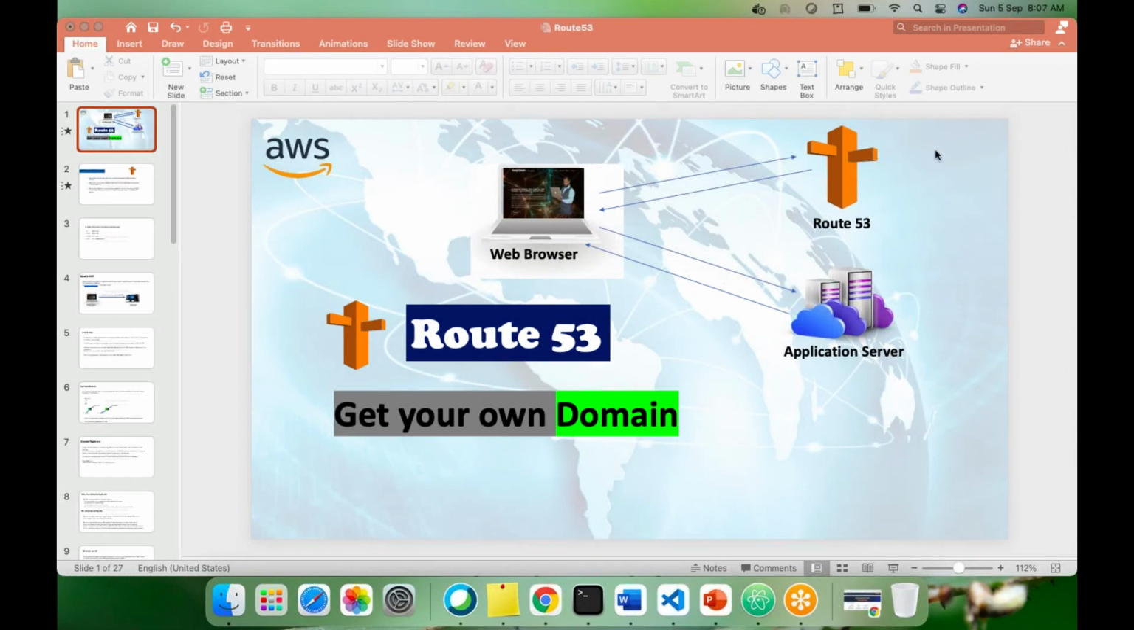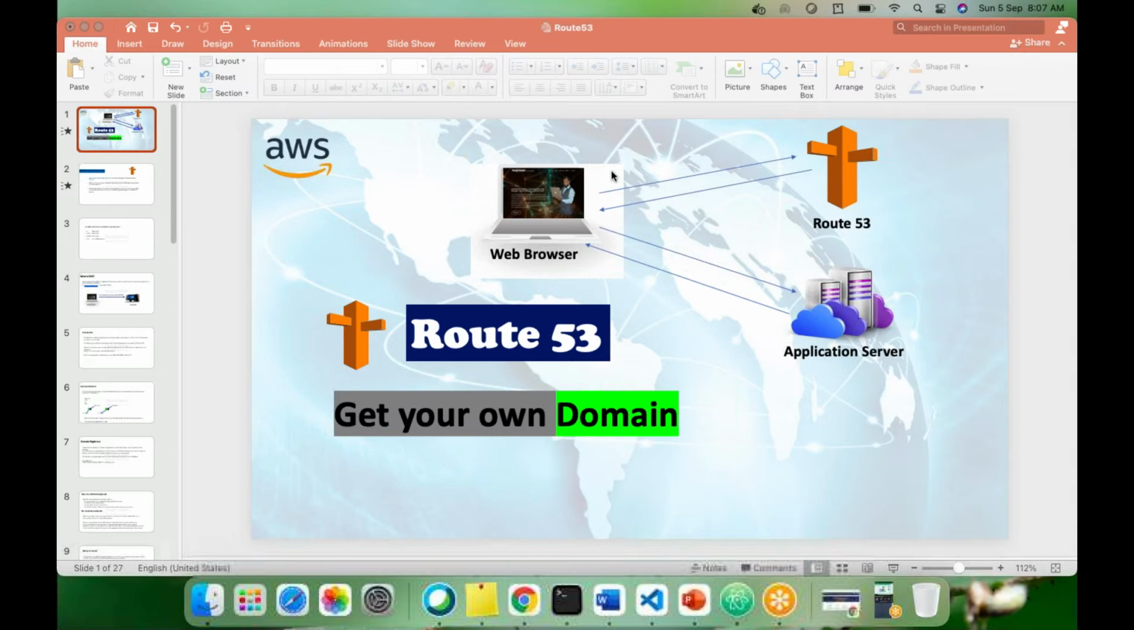Okay, so Route 53 is one of the AWS services which helps to manage DNS, the Domain Name Service. So it is a DNS management service. If you would have seen, to get your own domain like google.com, facebook.com, or suppose my domain is ranjitswine.com,